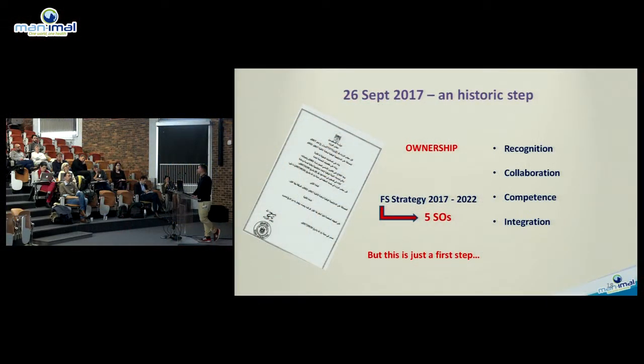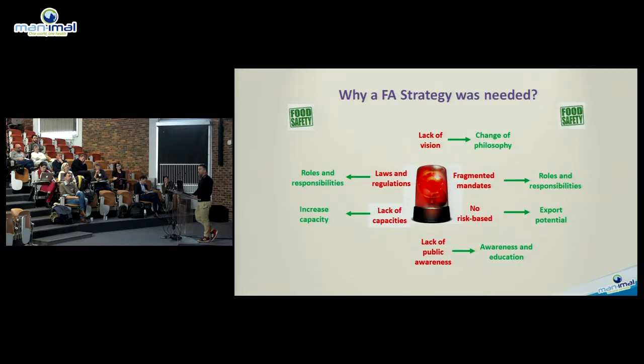Just for your information, an historic step was met last year. We finally got a food safety strategy where basically the ministry recognized the importance of protecting the Palestinian people on the food safety issues. It was needed because Palestine didn't have a clear legislation body. You had legislation that was coming from the Jordanian occupation, the English occupation. So all of this legislation was scattered. It could not be used in terms of a strategy, and also lots of different ministries.